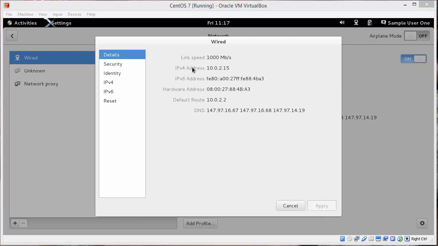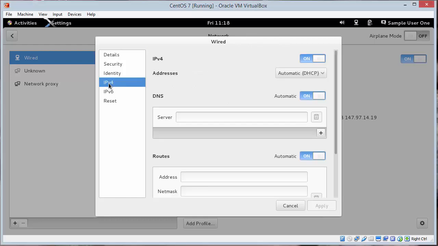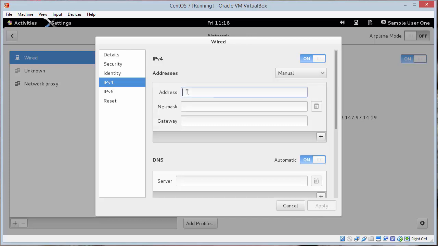Once those are recorded, we'll click on IP version 4 and we will change the drop down from DHCP to manual. And then we'll put in the addresses that we recorded. The net mask on your system was not displayed in the details. There's a command line way of getting that. On my system it showed /24, and we'll get to that in a little bit. But for yours, just go ahead and use 255.255.255.0